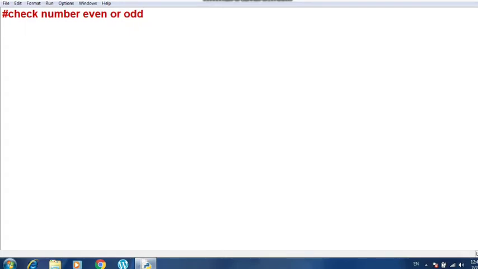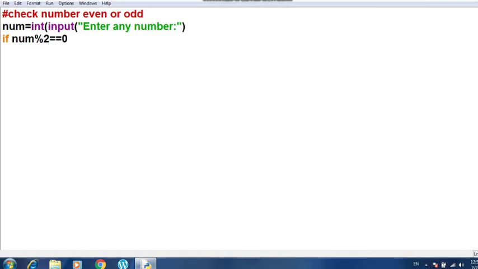For that we need a variable wherein we can store the number entered by the user. I'm taking the variable name as num, and I am writing the input line for the user. I have defined the data type, and then I'm writing the input function with the message "enter any number", so that the user can enter the number. After entering the number, how can we find out whether it is even or odd? I told you in the last video that when the number is exactly divisible by 2 and gives remainder 0, that is the reason I am using the mod operator here.